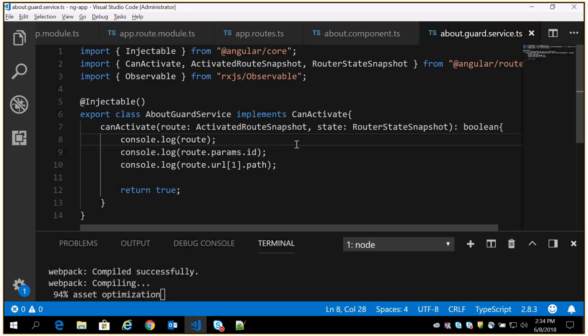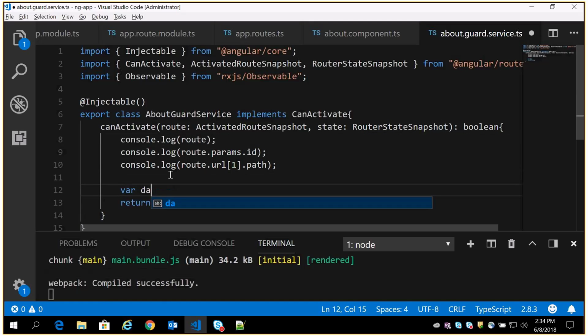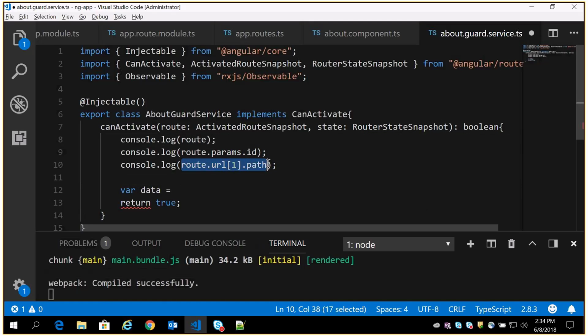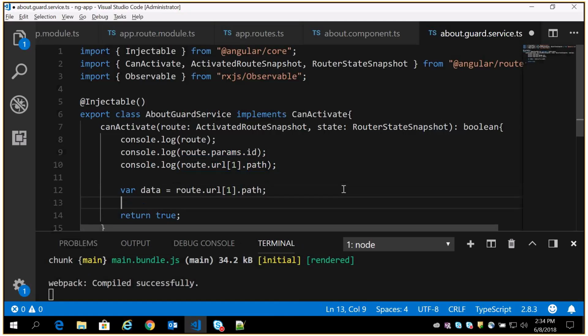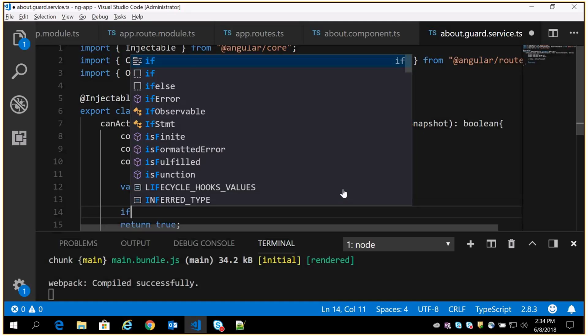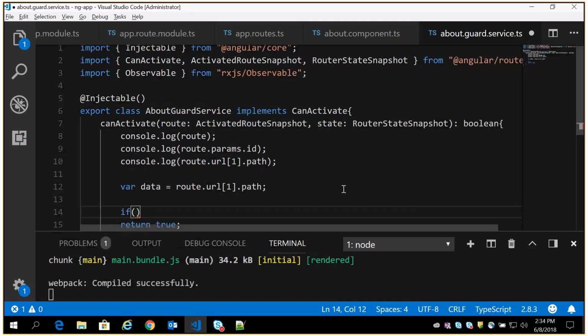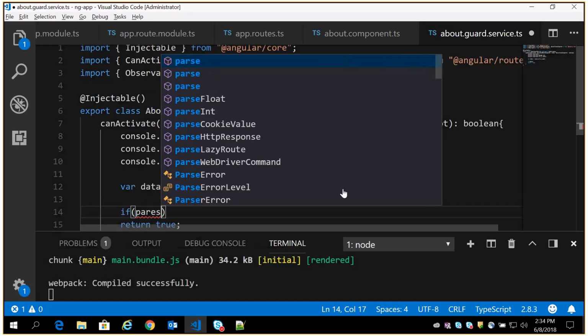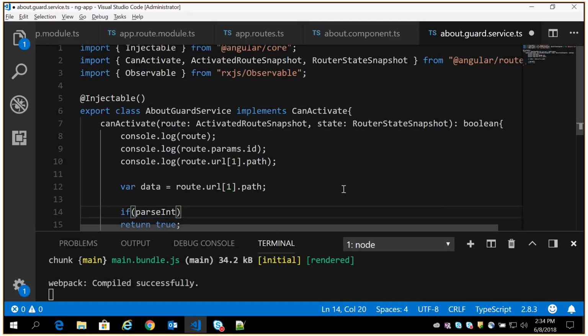So I'm just going to use any one of that. Let it be var data equal to, I'm taking this part. So we got that data. I'm just going to check whether it is an integer or not. If parseInt of data is greater than 0, that's the first condition.